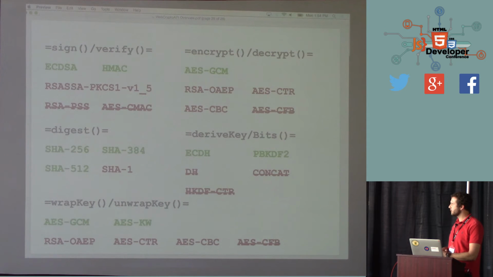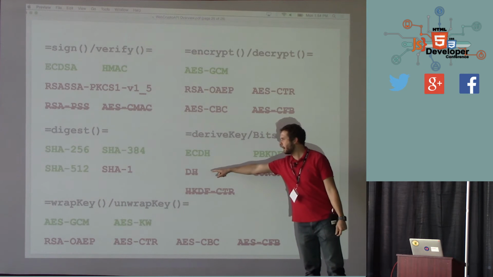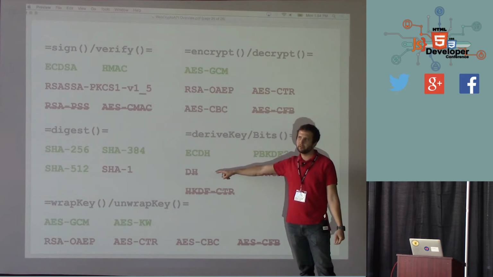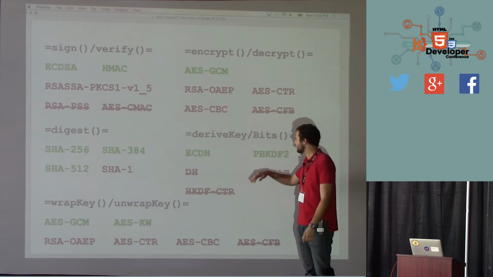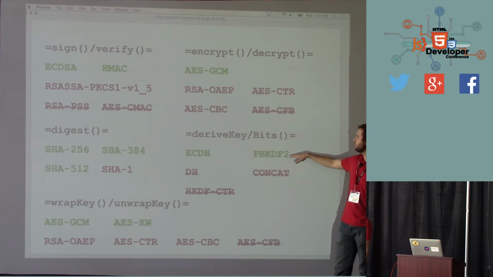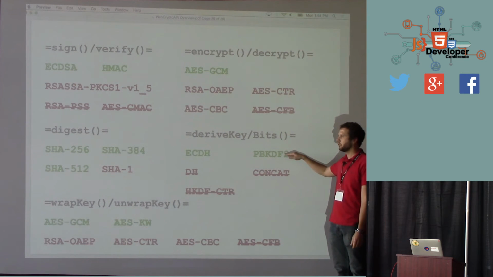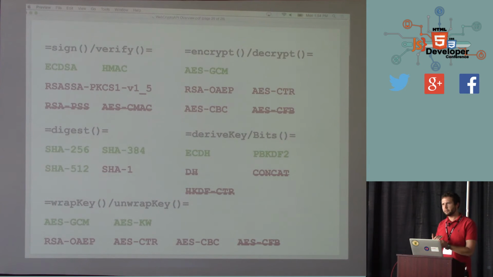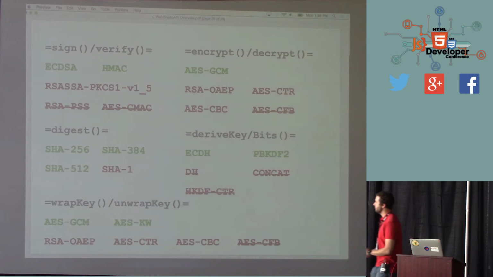Derive key, derive bits. So that's elliptic curve Diffie-Hellman. Diffie-Hellman, I think, is partially implemented by Firefox, but not by Chrome, and there's no plans to do it in Chrome, so don't worry about it. Password-based key derivation function 2 is what you use to convert passwords into bits. There's other better algorithms, scrypt and bcrypt. And those are not, unfortunately, part of this standard, but they could be added in the future, in which case I would turn that one to red